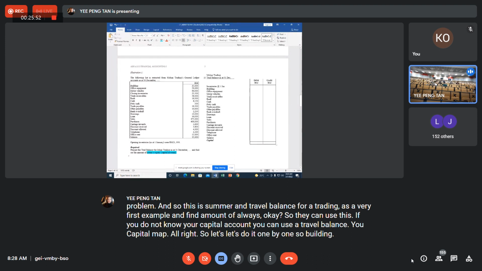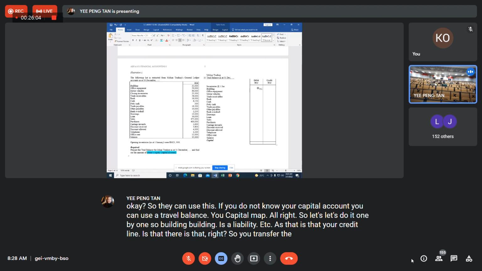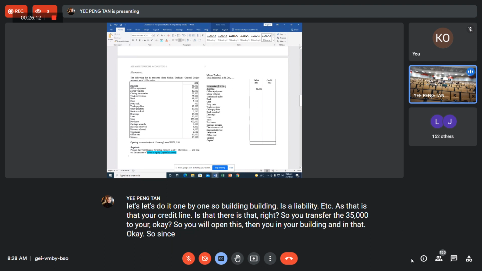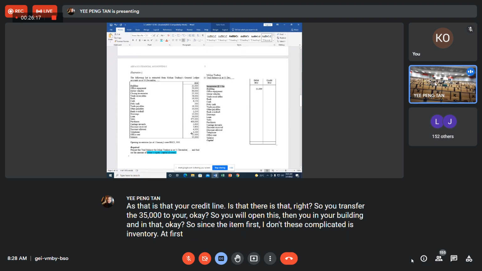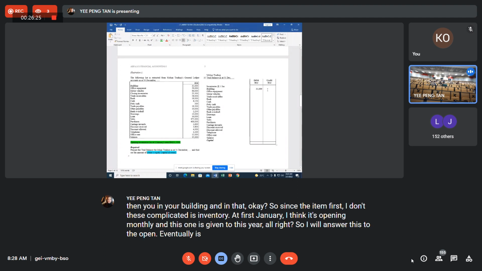So building is an asset or liability? Asset, right? Asset is debit or credit? It's a debit side, right? So you transfer the 35,000 to your debit side. You will have to open this, then fill in your building and put it in there. Since the first item given is inventory at 1st January, I think it's opening inventory. Opening inventory is an asset, so you will go to the debit side,